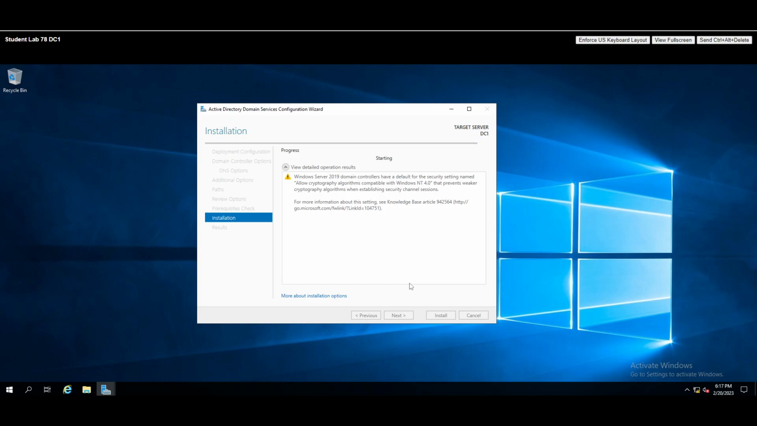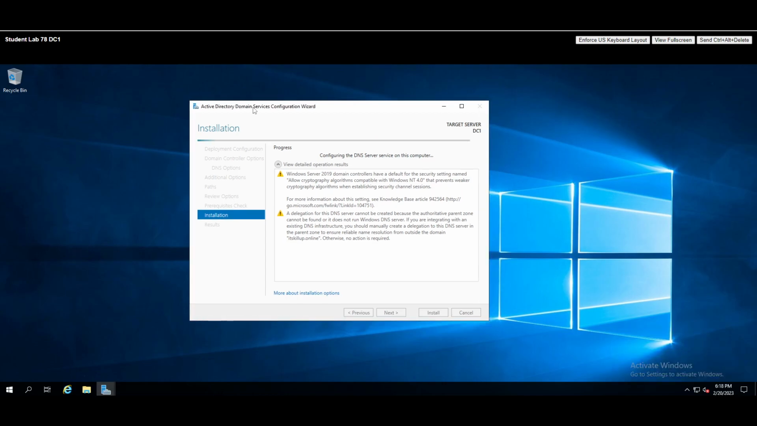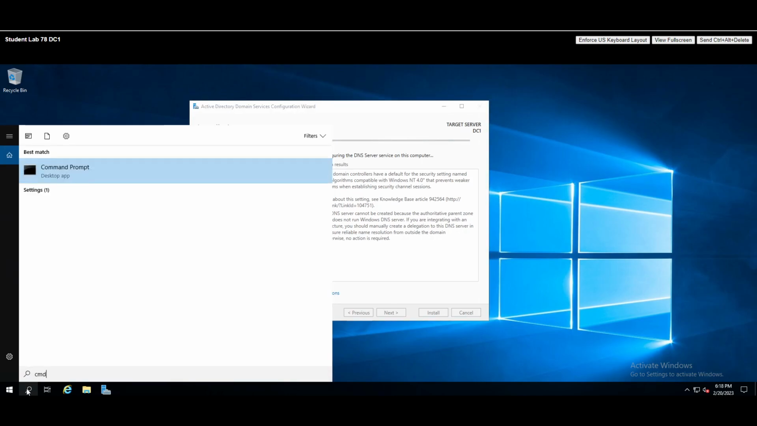So it will take some time to install these domain services. We are just waiting for it to complete this installation process. As you can see here, we just got the internet. It is connected now because it created that DNS on this server. So if you go on command prompt